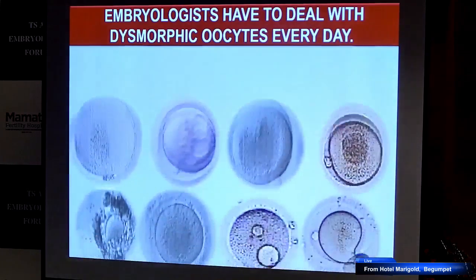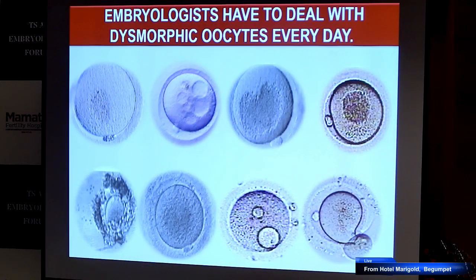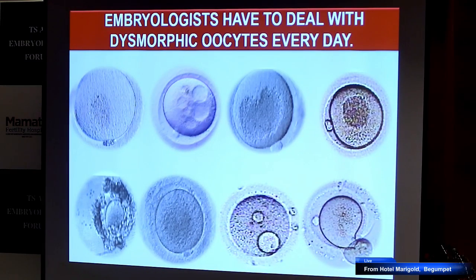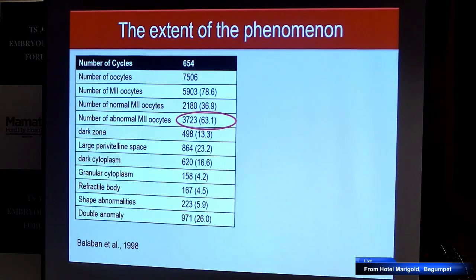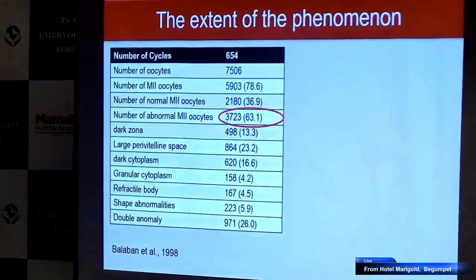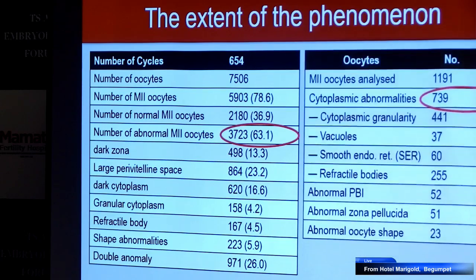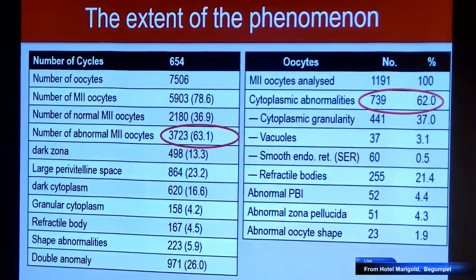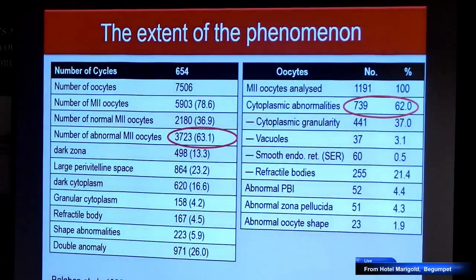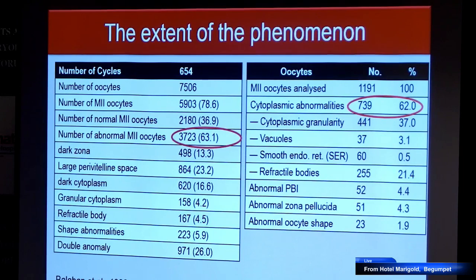And that is why in our laboratories, day in and day out, we are faced with these kinds of dysmorphisms. What are these dysmorphisms? Why do they occur? How much do we see? It has been shown in IVF that nearly 60% of M2 oocytes actually show dysmorphisms. A large number of studies show similar figures. We in the laboratory have seen at least about 40 to 50% of oocytes being dysmorphic, and sometimes the entire